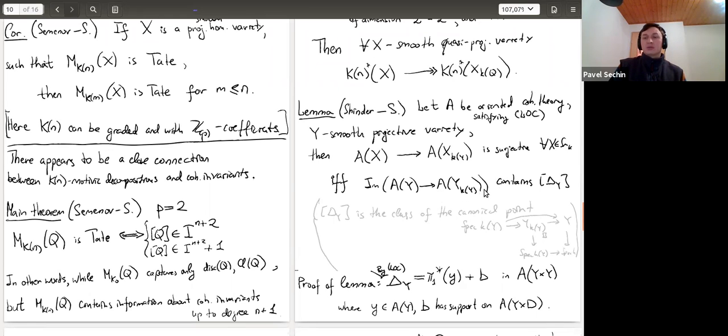But assume that this class of the rational point comes from A of Y. Because of the localization axiom, it tells you that the class of the diagonal of Y in A of Y times Y can be represented as a sum of some element which comes from the first factor using the pullback, and some element that has support on some closed subset in Y